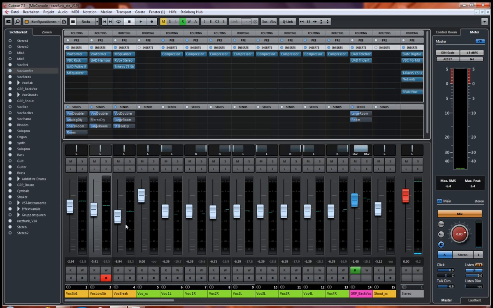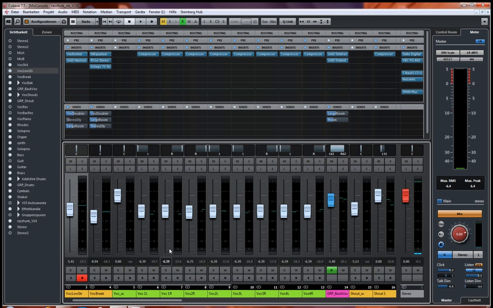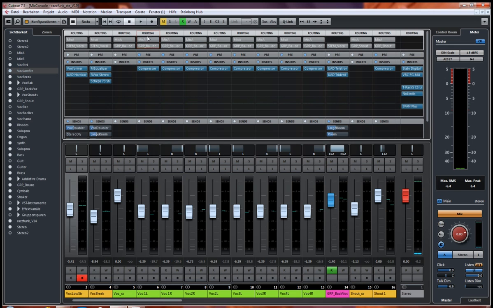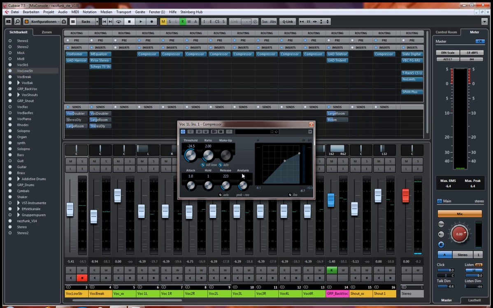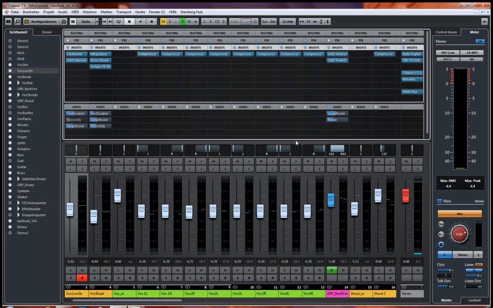Right, what have I got next on the list? Alright, the background vocals. What did I do here? The first interesting thing is I put on all these single vocals a compressor, and these vocals are routed to this background vocal group. So the question is, why didn't I just route them to the group and compress them here? The reason is I did some low compression, you might call it pre-compression, in the single tracks, and these caused